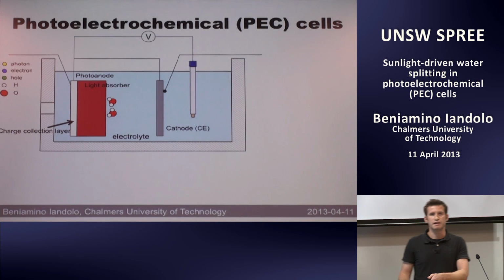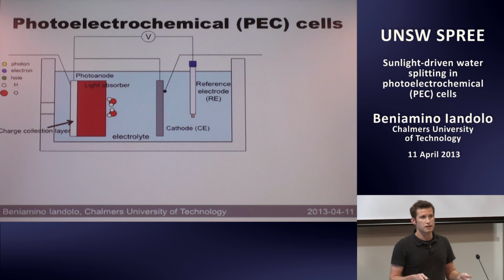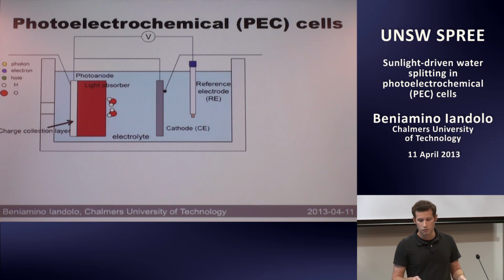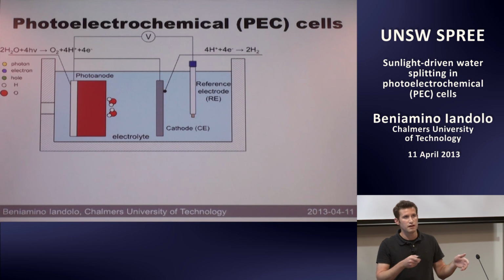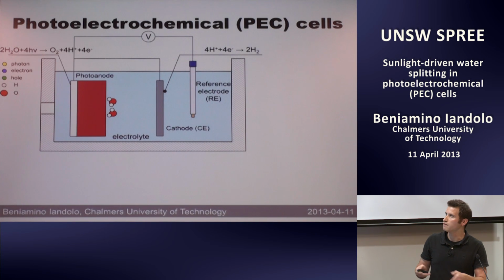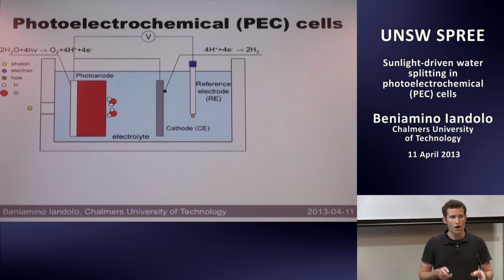On the other hand, we have the cathode or the counter-electrode, typically composed of graphite or platinum. And also in most research-used PEC cells, we also have something called a reference electrode, which helps us have an accurate value of the electrochemical potential at the surface of the working electrode. So these are the reactions that take place at the surface of the anode and the cathode, where oxygen and hydrogen are evolved respectively. And let's see now what happens if a photon of appropriate energy, that is equal to or higher than the band gap,